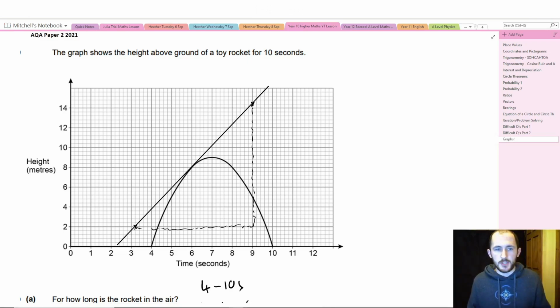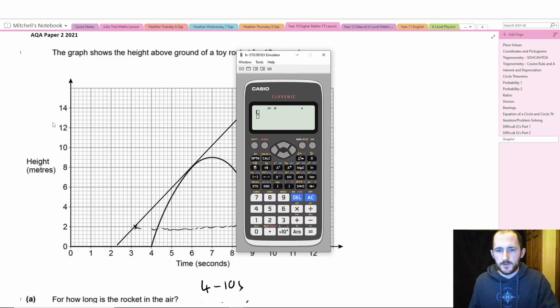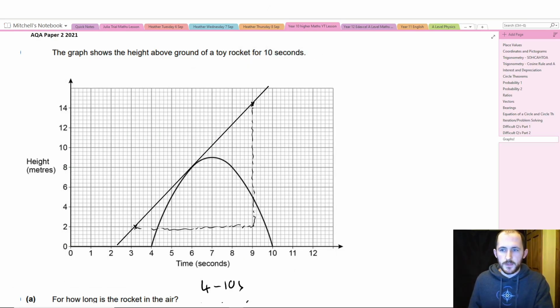Also, to work out how much each one is worth, what you do is you take the difference in the numbers, so 14 minus 12, and then you divide it by how many little boxes there are, so 1, 2, 3, 4, 5. I know you can do this without a calculator. 2/5, so each box is worth 0.4. So this point here is 14.4. This one here is 2. So the difference